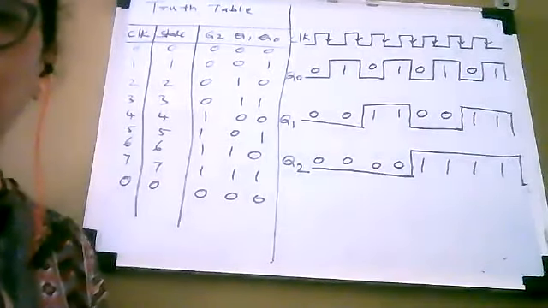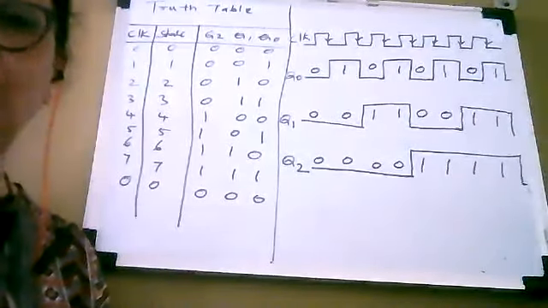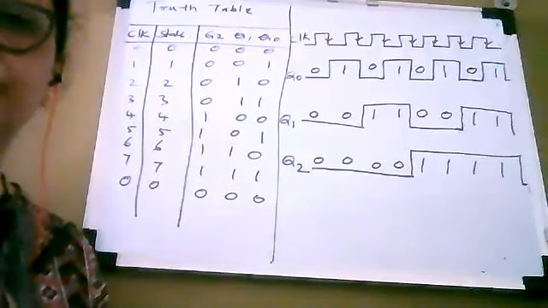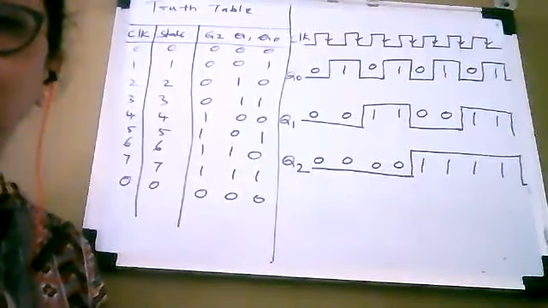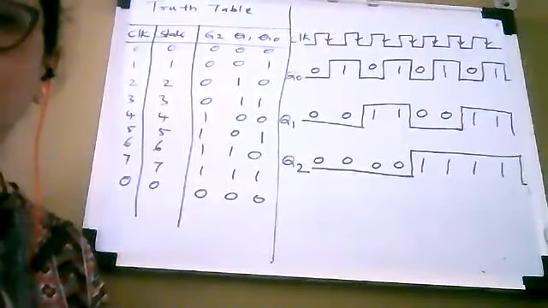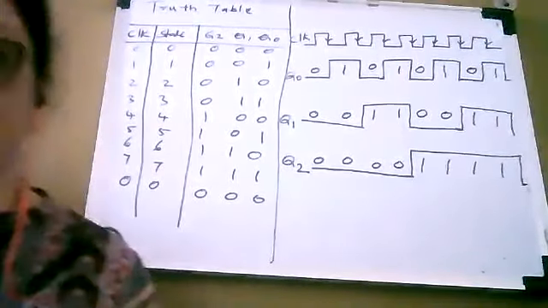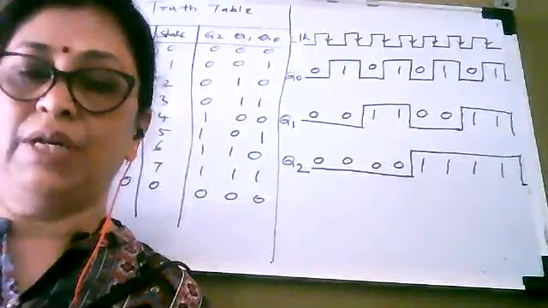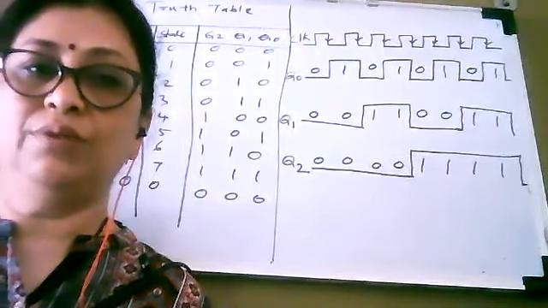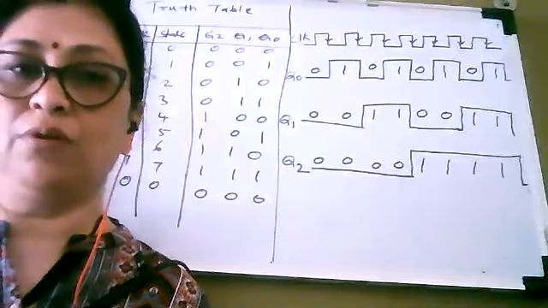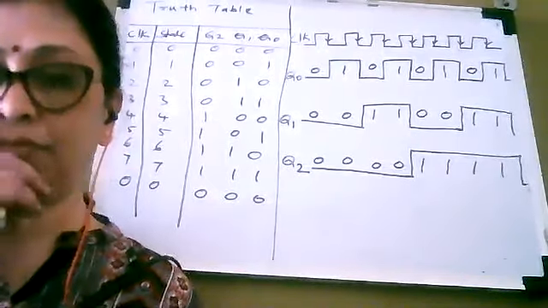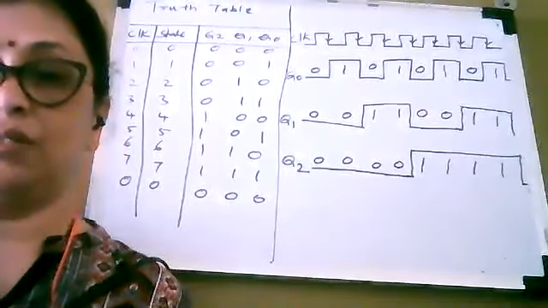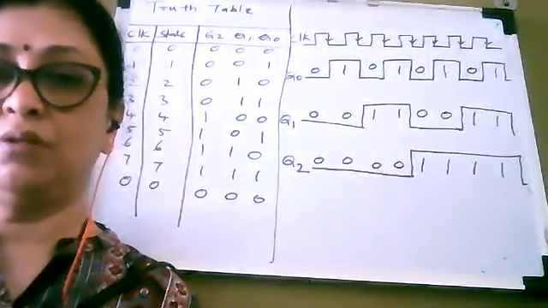Are you clear about this, how to draw a timing diagram from a truth table? Write in the chat box. Are you clear? Yes, write in the chat box, and you do it yourself. Practice it yourself in your notebook. It's very simple logic. By observing the truth table, you can draw a waveform or a timing diagram. And timing diagrams are very important for sequential circuits. So once you understand how to draw a timing diagram,